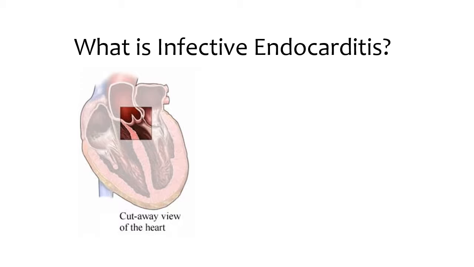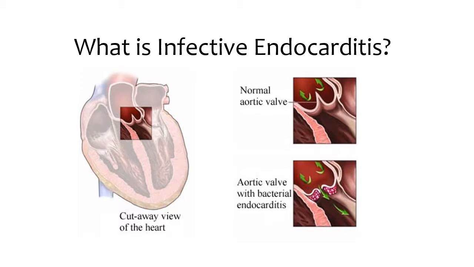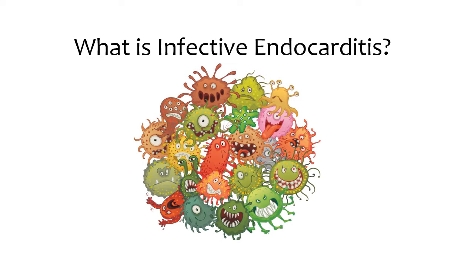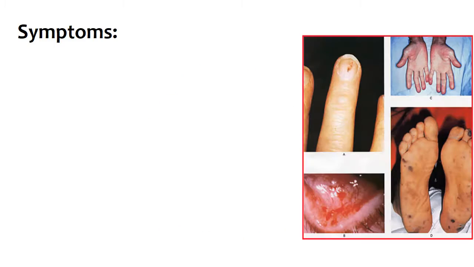What is infective endocarditis? It is an infection of the heart chamber lining, specifically the valves. The most common cause is bacteria, but it can also be caused by a fungus. This infection can develop suddenly or over time, and symptoms might include shortness of breath or a cough that won't